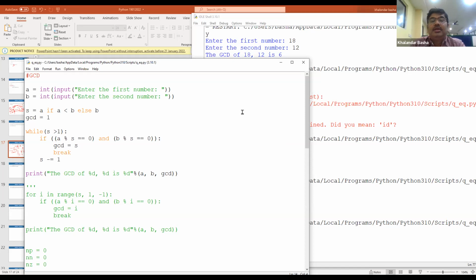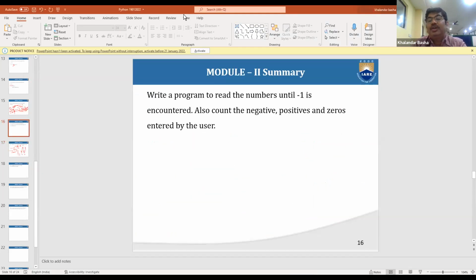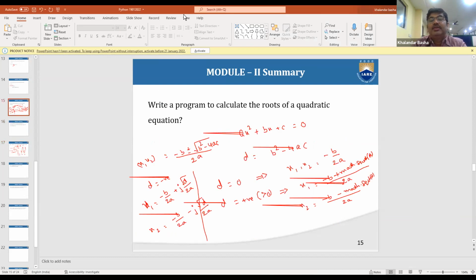Okay. So it is 11:10. I'll conclude. If you have any doubts, you can ask me. Otherwise, we will stop the session. Today we have seen a few programs related to GCD. Before that, we did the programming for counting negative numbers, positive numbers, and 0 till -1 is encountered. Then we have seen 3 programs today. The third one is